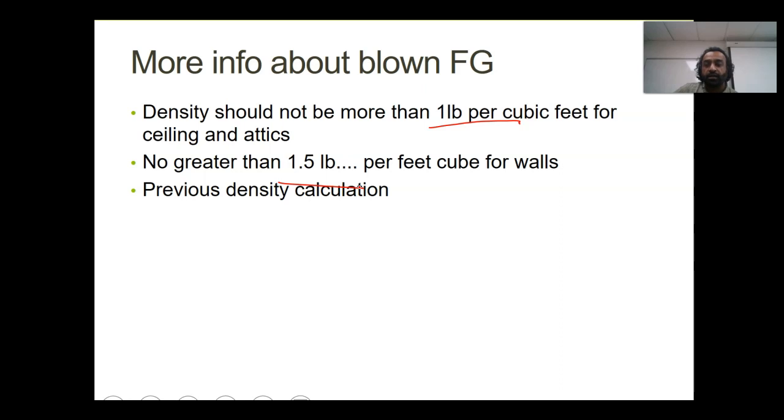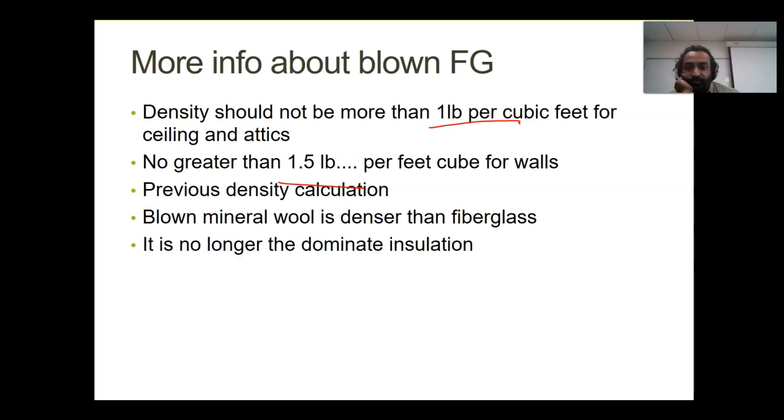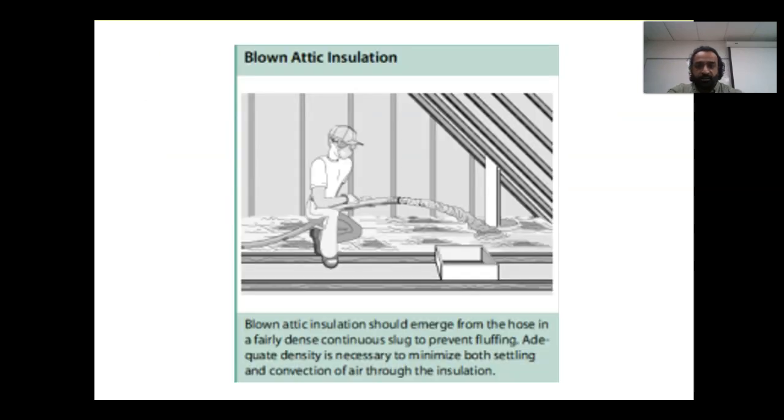Same as we did before in terms of the calculation, because you need to pack it and know how much weight you put in there. Blown mineral wool is denser than fiberglass. It is no longer the dominant insulation. Again, we came up with a lot of other ways to insulate our cavities in the house. This is how it's